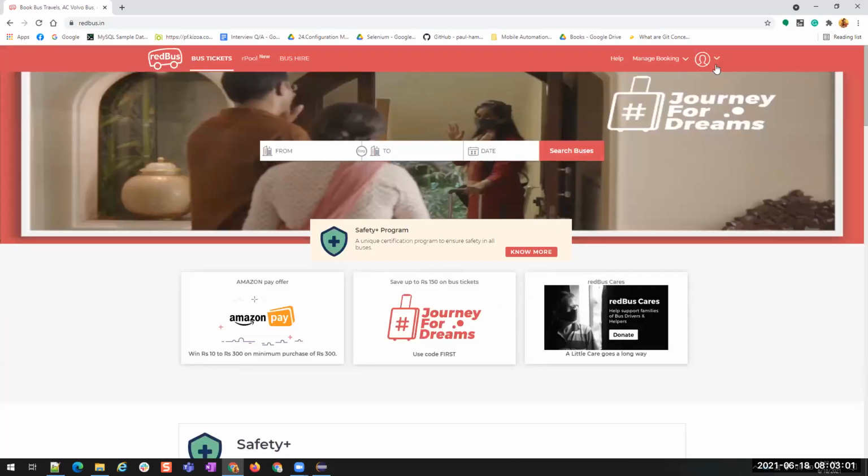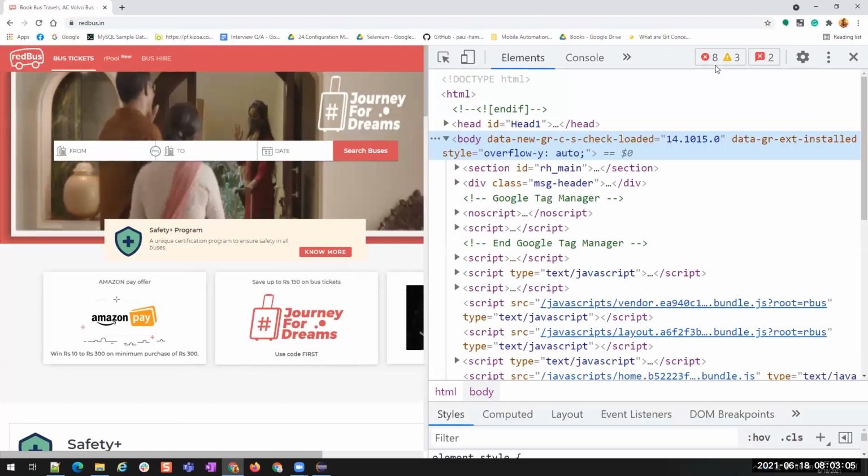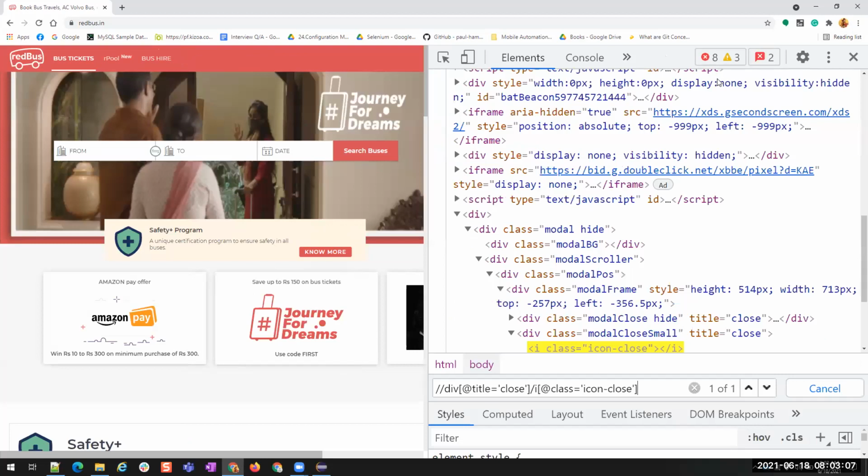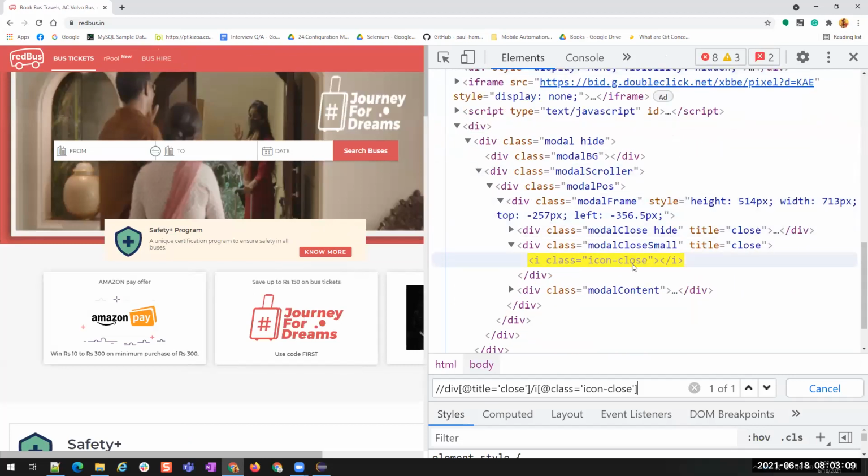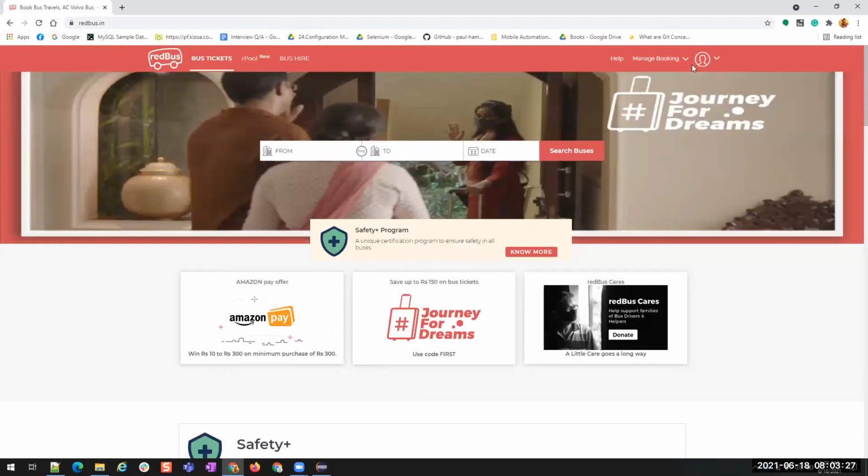But now when I clicked on the close icon, can the developer come to my browser and delete that HTML? See, though the HTML is not visible here, you see the close icon is still there. That means they are doing something. When I click on close, they are not deleting that HTML content. They are just hiding that HTML content. Right? Now, if I open it for the second time,